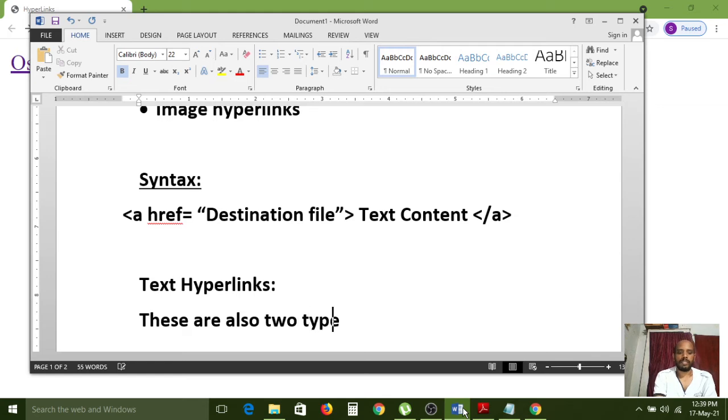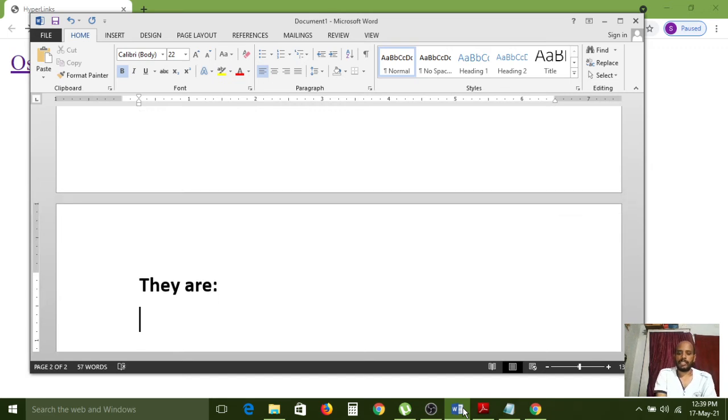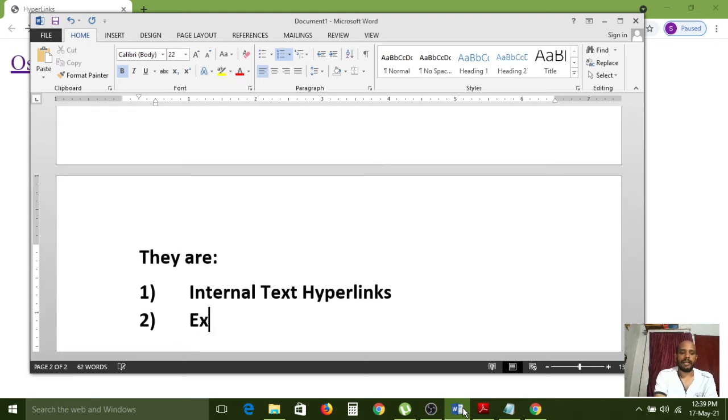The text hyperlinks are also two types. They are: first one is internal text hyperlinks, and external text hyperlinks.